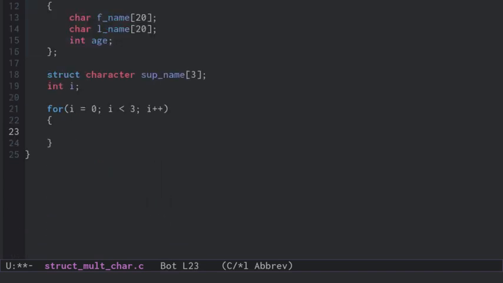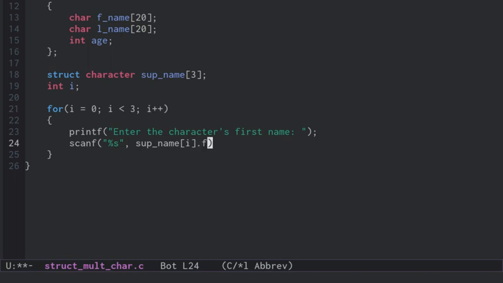What we're going to do is we're going to say printf, enter the character's first name, and then we'll do a scanf, and we're scanning into a character array, and it's going to be super_name at the i position dot f_name,